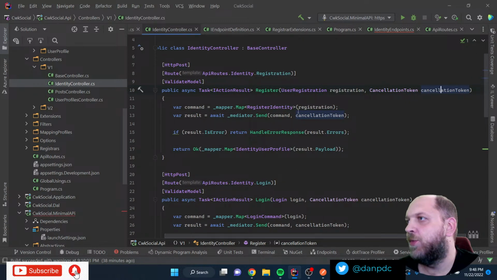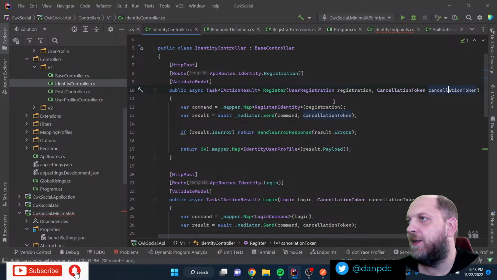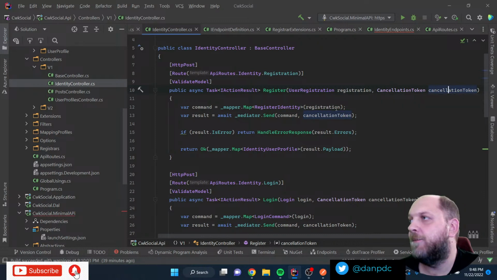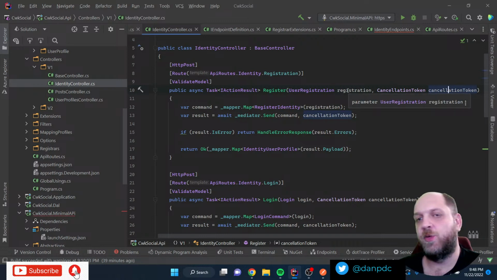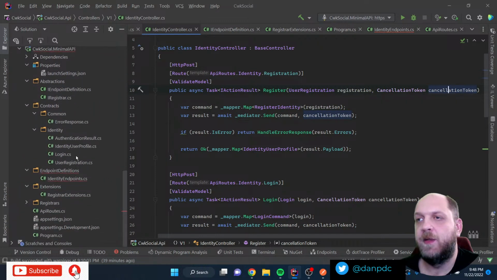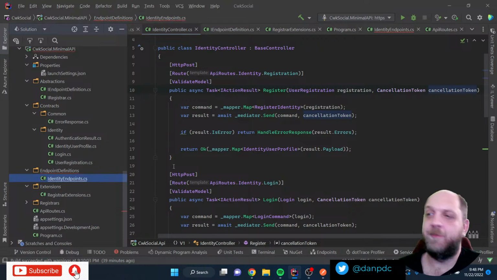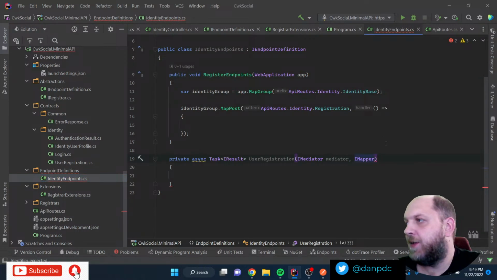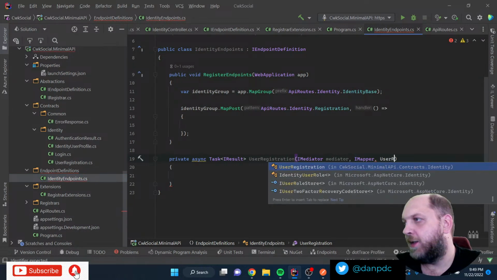But then we have this user registration. That's coming from the body. So we will need a way to actually validate that. Now, validation we do in the controller-based API in an action filter, and probably we'll do something similar in the minimal API, because there are basic filters right now in minimal API. The filters weren't there at all in the .NET 6 minimal API, but we have them now, at least a little bit when compared to the controller-based stuff. So in this case it means that we will also need to take a user registration.